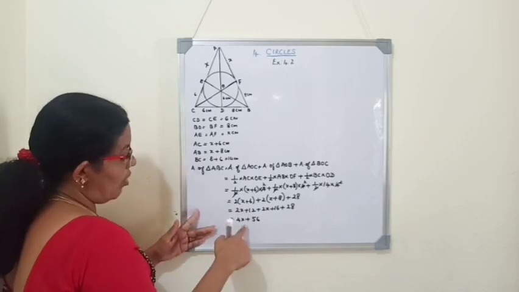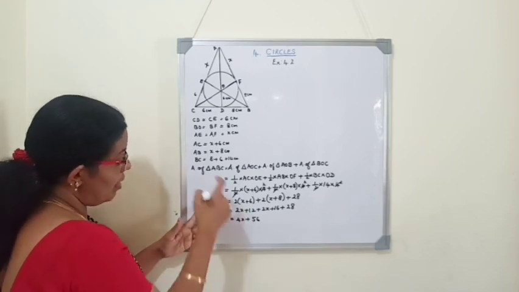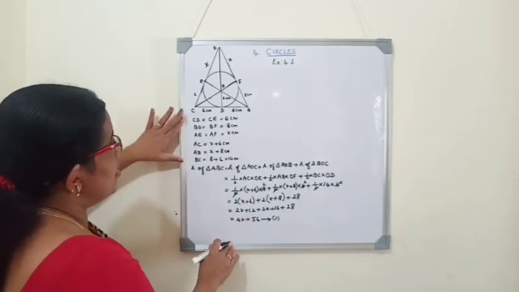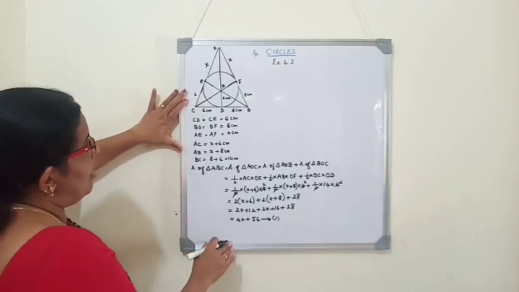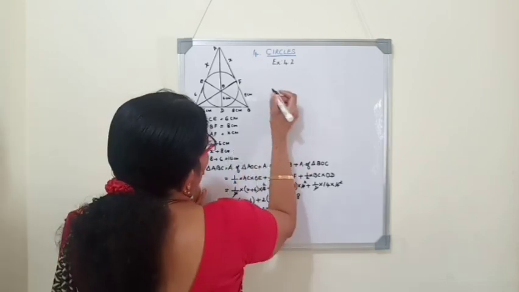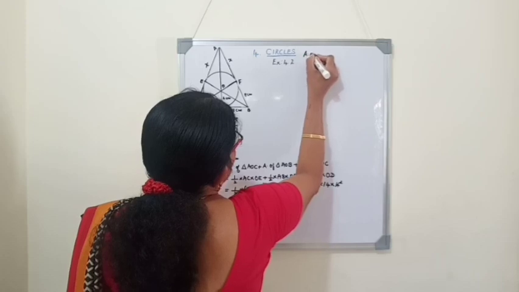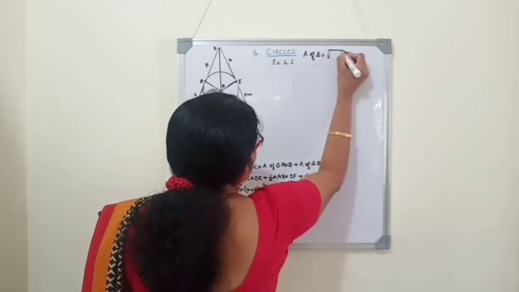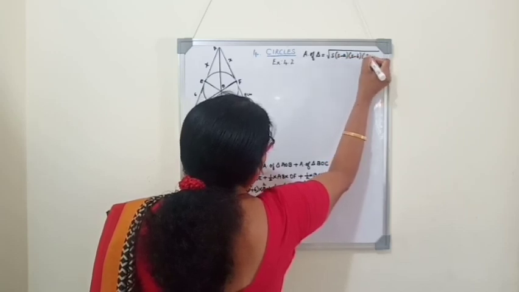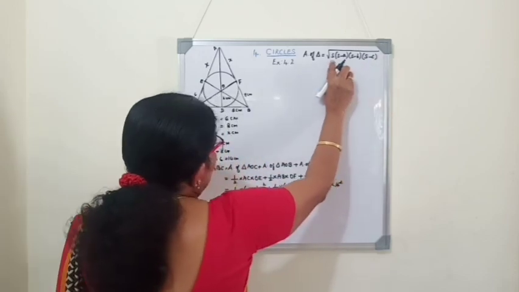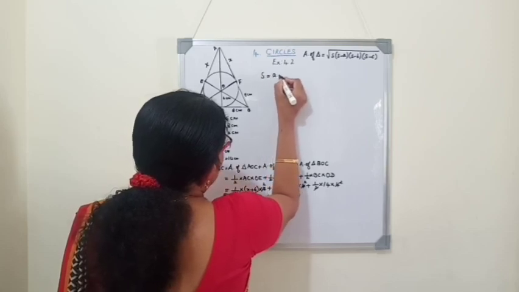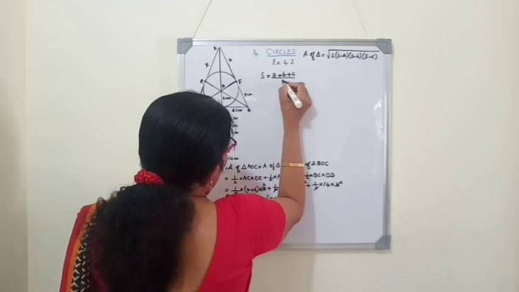With this one equation we cannot solve, we cannot find the value of x or area. So we will find out area of same triangle in a different method. Last year in 9th standard we studied that area of a triangle is equal to one more formula, that is Heron's formula. What is area of a triangle? Area of a triangle equals, by Heron's formula, square root of s into s minus a into s minus b into s minus c. In this, what is s? S is the semi-perimeter. Semi-perimeter s equals a plus b plus c by 2. I think you are remembering this formula.